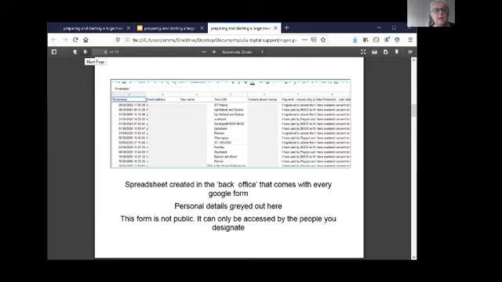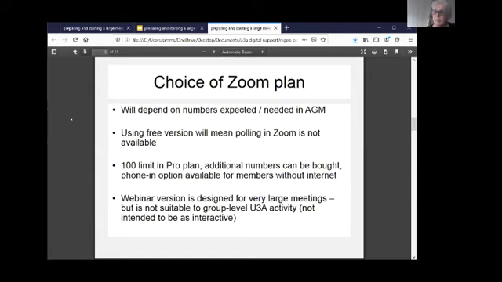Okay, so that's the back office. Now, the choice of the Zoom plan that you might use is important. There are examples of U3As who have already held their AGMs successfully using the free basic plan. Now, it takes planning, it takes pre-planning, and they are small U3As, but they've done it, and they've done it constitutionally. So what we are never saying in these meetings, in these training sessions, is we are never saying you must buy X, Y, or Z.